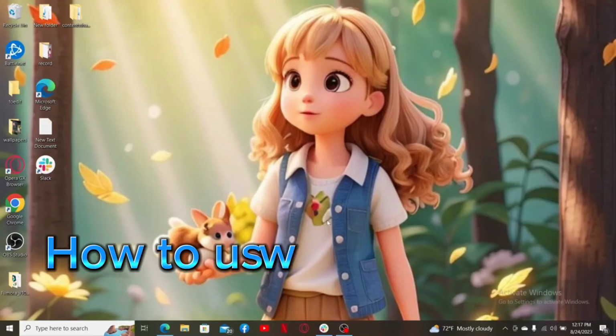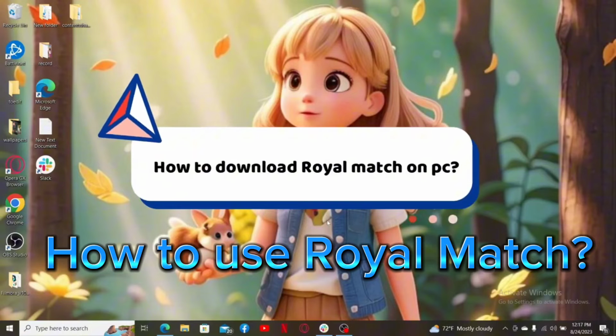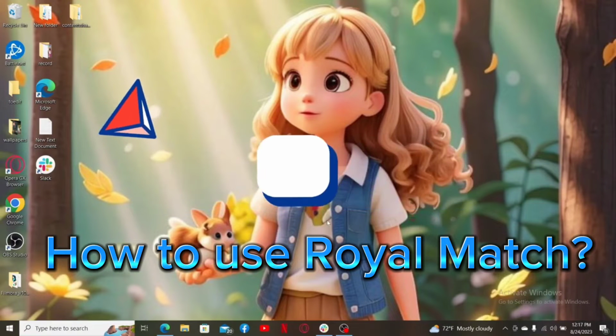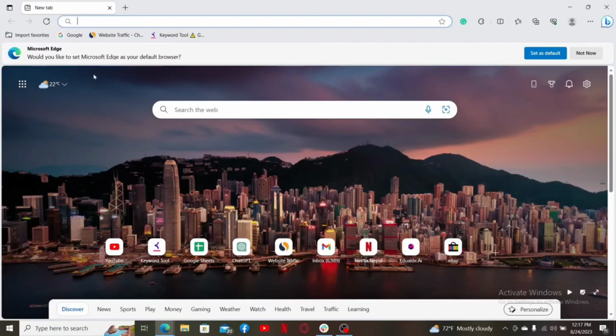Hello everyone, in this video I'm going to show you how to download Royal Match on PC. To download Royal Match on your PC, you'll need to install an Android emulator. Open up a web browser of your choice and into the URL box type in bluestacks.com, but you can download